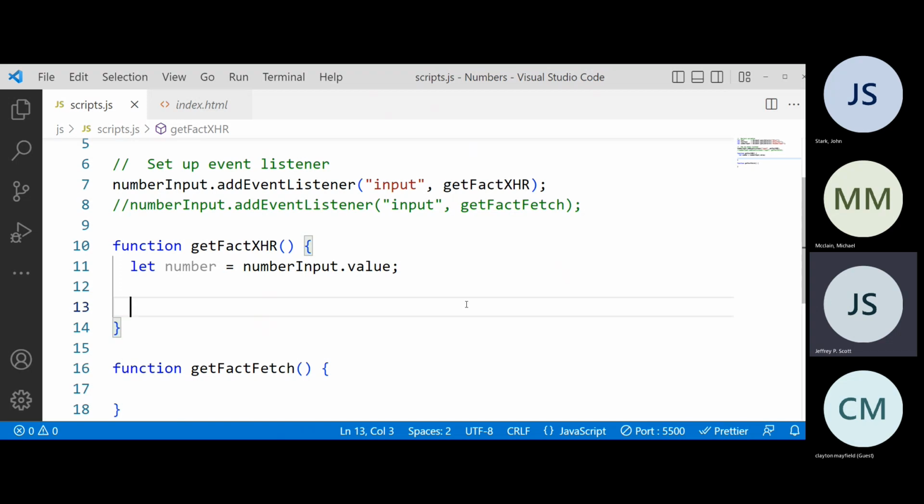One thing we don't want to have happen is we don't want it to go out and attempt to call the API if we have not put a number in the text box. So if that text box is empty, we don't want to do anything. Well, number is going to hold the value that was in that text box. So if number does not equal the empty string,